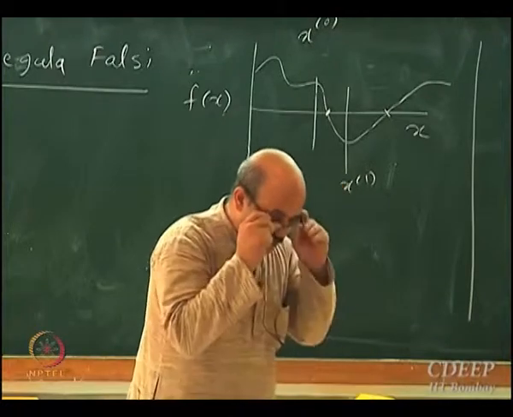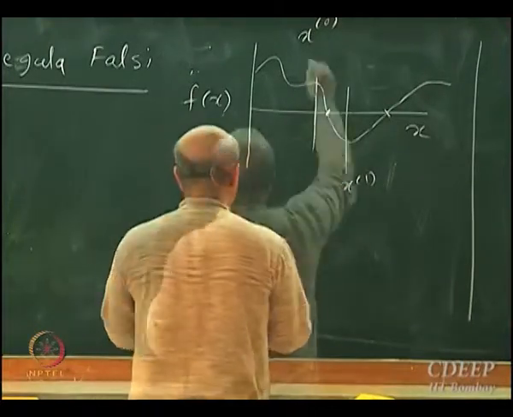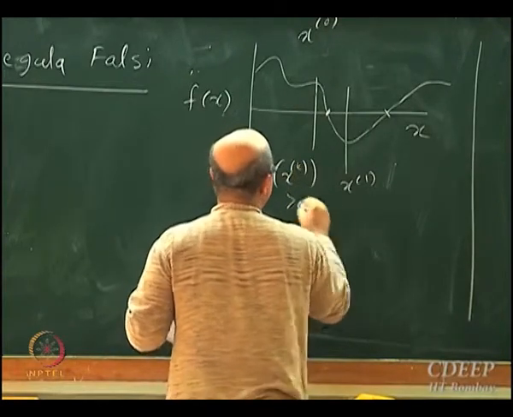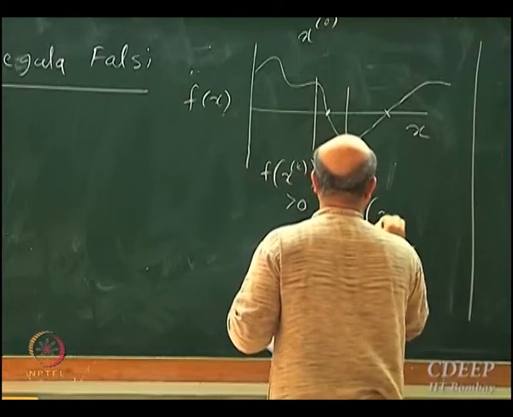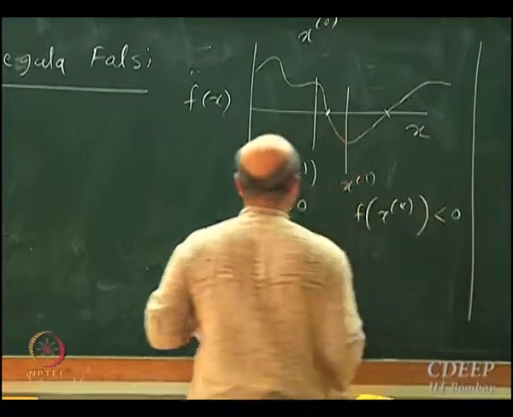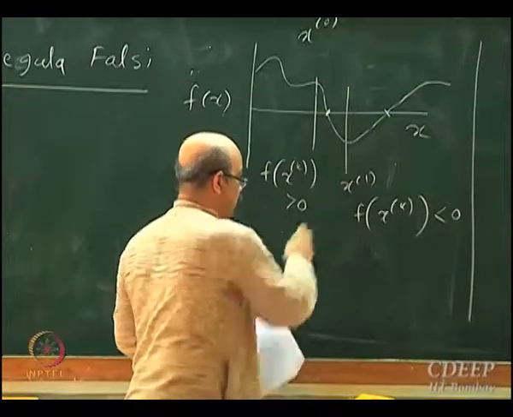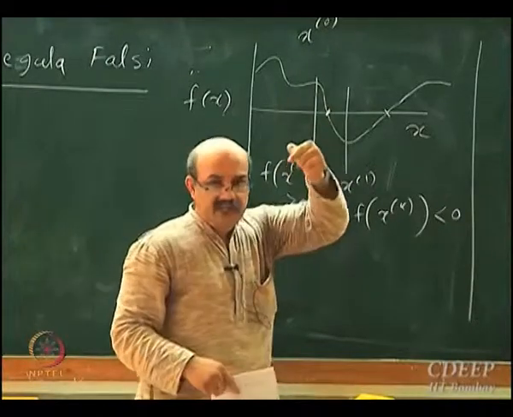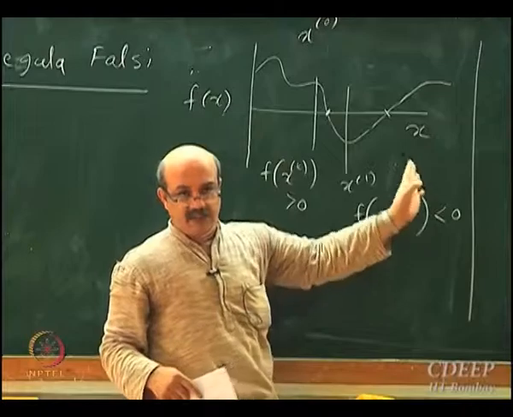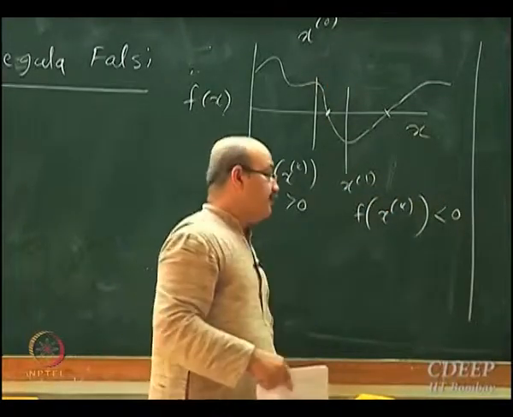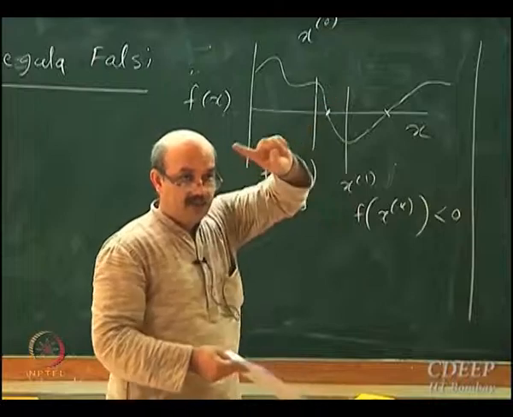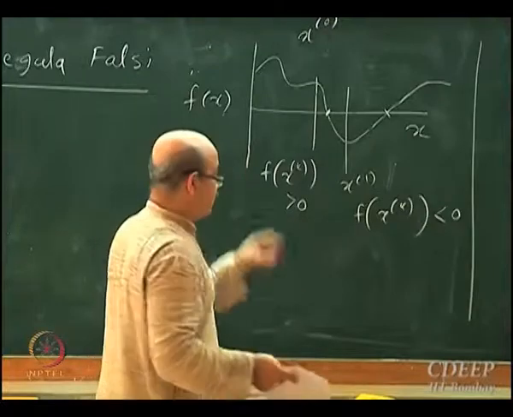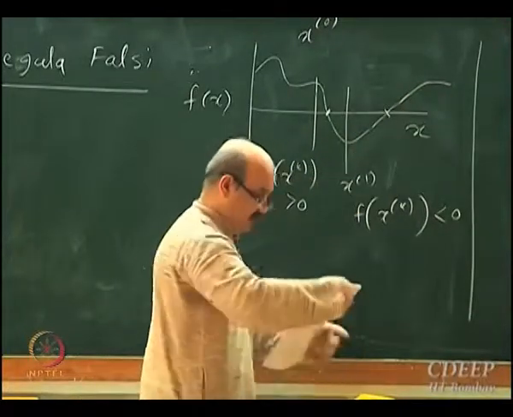Okay, so in regula falsi, this is where f of xk is greater than 0, and this is where f of xk is less than 0. If you have a scenario where the function value changes sign from positive to negative, this is only true for a one variable function, not for a multivariable function. It is difficult to say something like this for a multivariable function. I am talking of a one variable scalar function. If it changes sign at two different points, then there is a root somewhere in between. Okay, that is the idea.